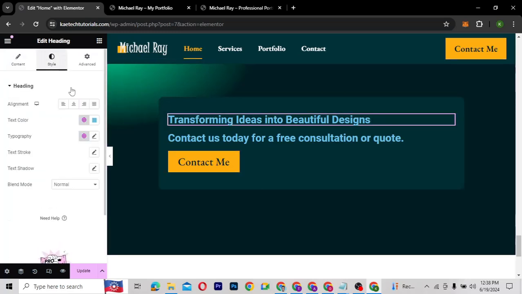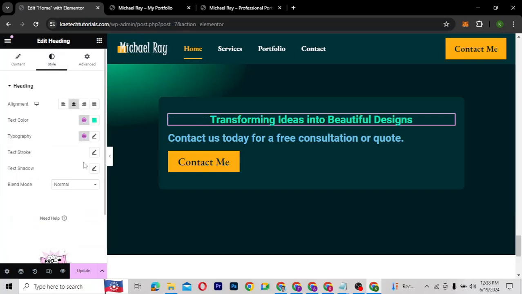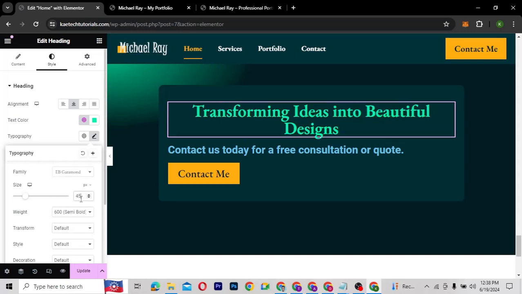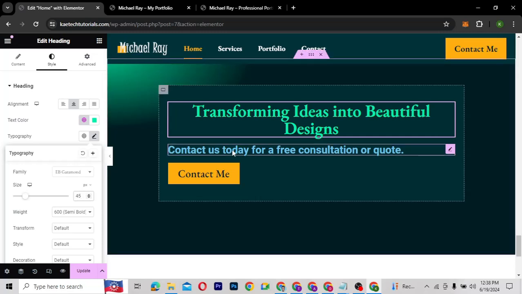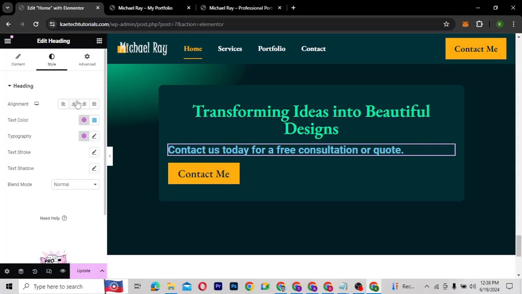So we're gonna put this one over here, and with this one we're gonna use the green over here. Go over here, go to EB Garamond, change the font family to EB Garamond, change this one to 45, and then yeah, we go over here also, we click over here, put it in the middle,